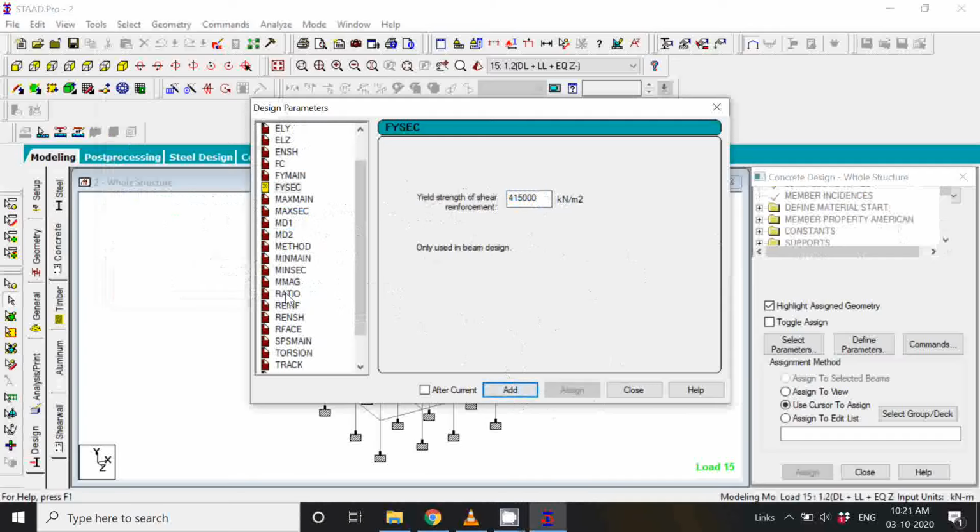Then ratio, maximum percentage of reinforcement. Let us take it as 3. 3% maximum reinforcement we will give. Okay, that is the limit. Suppose the cross section area whatever is there, 3% of the cross sectional area will be allowed for reinforcement. Okay, so I'll add it. Generally these are the things that you need to know. So when you close it, you will see